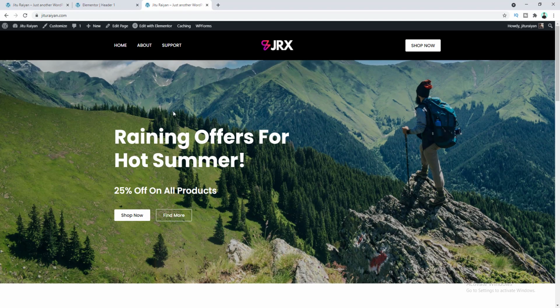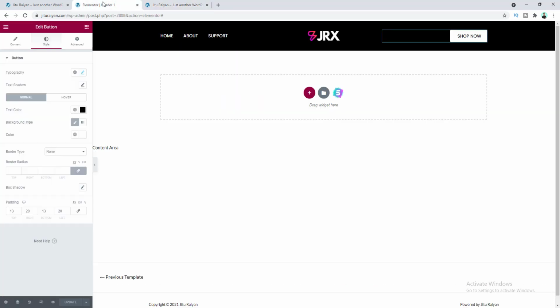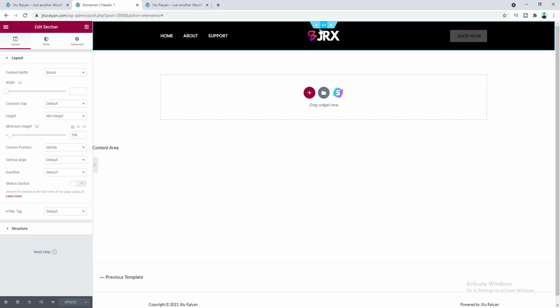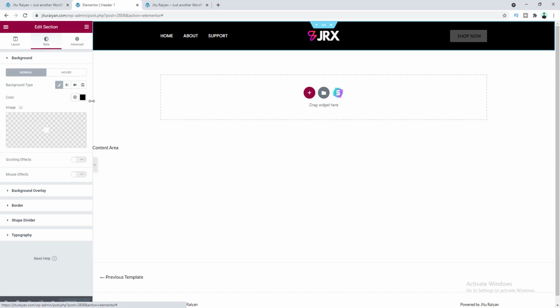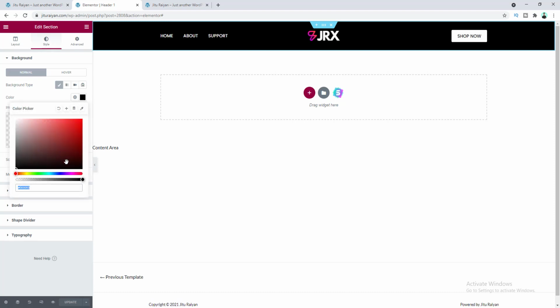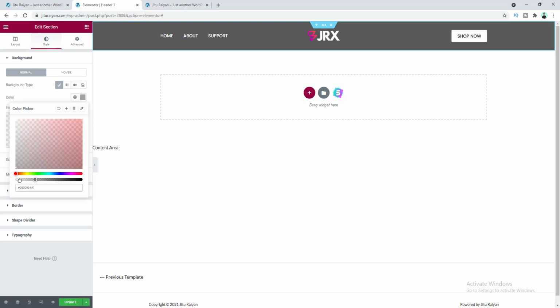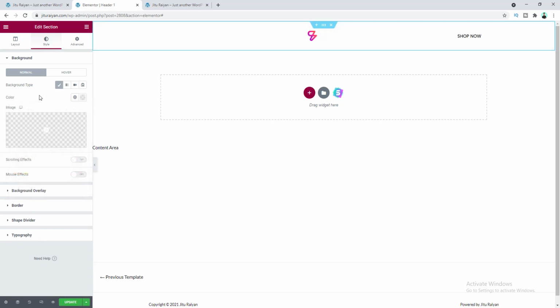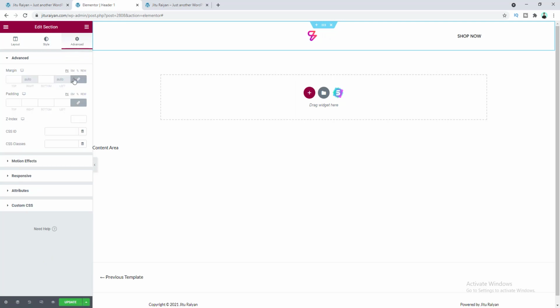alright, we can see our custom header that looks really great, but here we need to remove this black background and also make this transparent. So again go to this header settings, and from here first of all I want to remove this black background color, so go to section settings, style, and here I want to make the transparency for this color fully transparent. And here we also need to add some negative margin from the bottom of this header, so for this let's go to the advanced settings of this section, and at the bottom we need to add the negative margin to